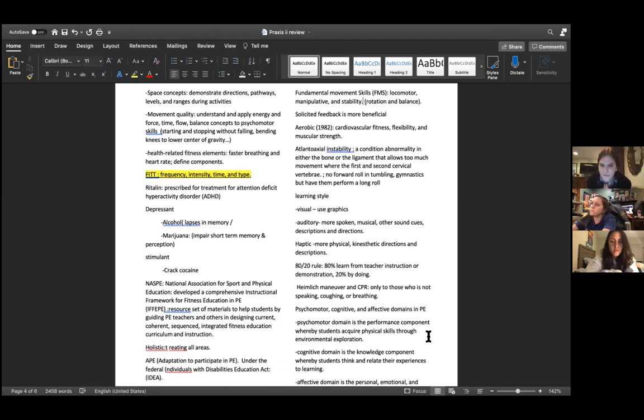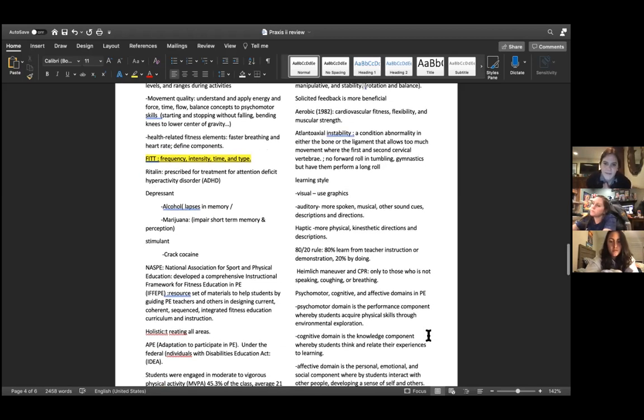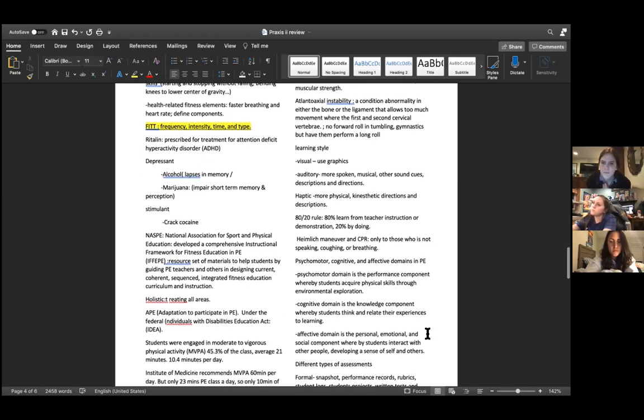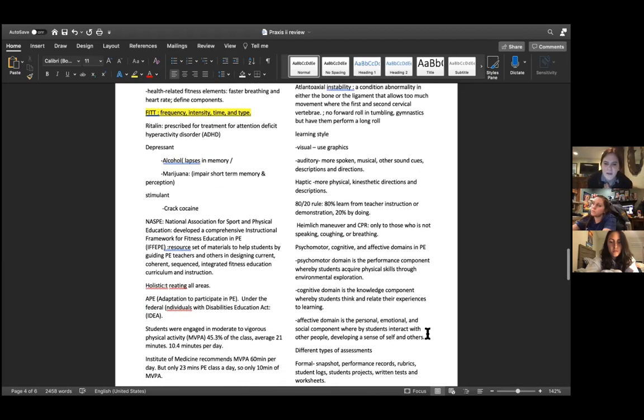Psychomotor, cognitive, and affective domains in PE. Psychomotor domain is the performance component whereby students acquire physical skills through environmental exploration. Cognitive domain is the knowledge component whereby students think and relate their experience to learning. Affective domain is the personal, emotional, and social component whereby students interact with other people, developing a sense of self